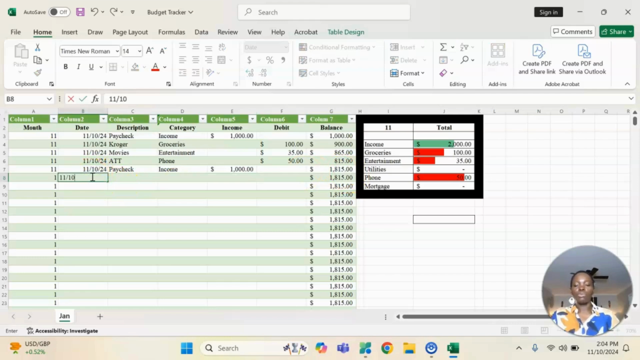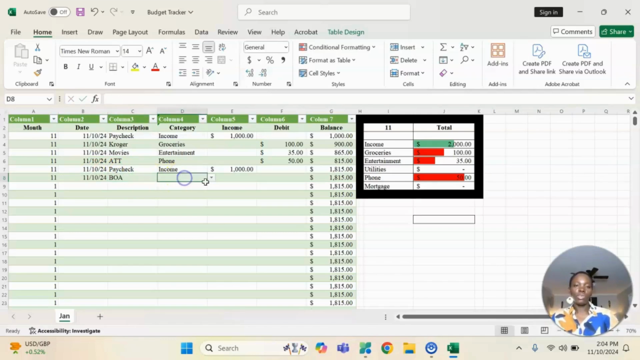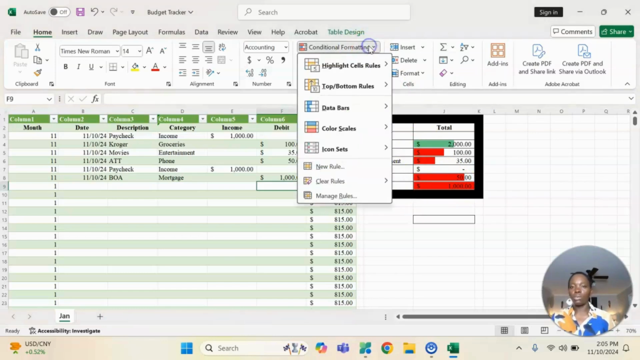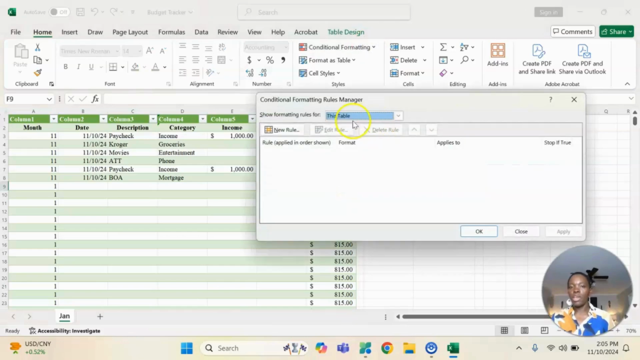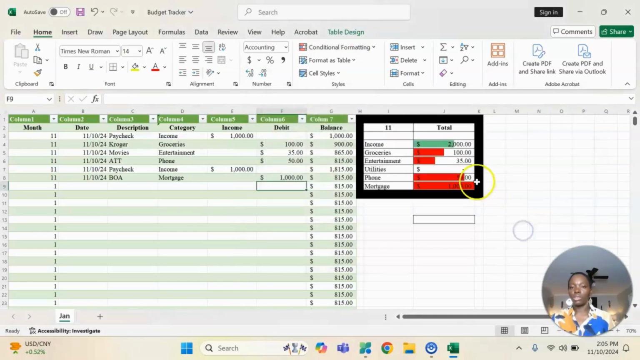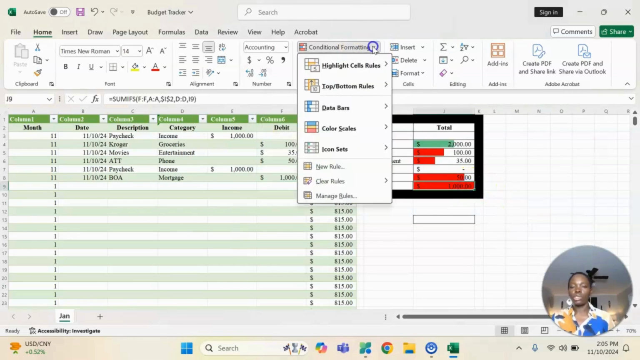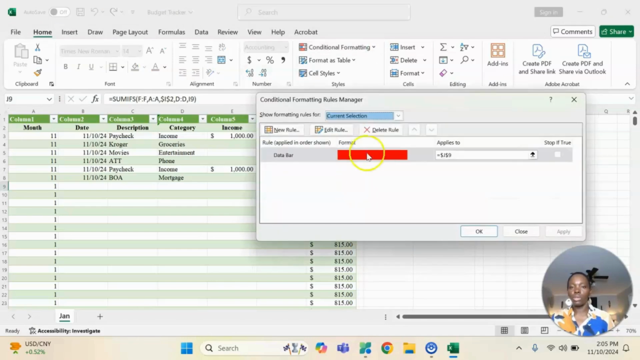And now let's say you pay your mortgage. The whole point is just to get the idea of using this, and really at a glance you see what you have left, and you see how much you have left to spend. Again, you can go under conditional formatting, go to manage conditional formatting, manage rules. If your mortgage is, I do apologize, put it here. You can go under conditional formatting, manage rules,